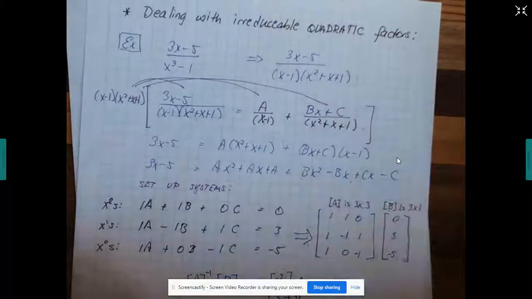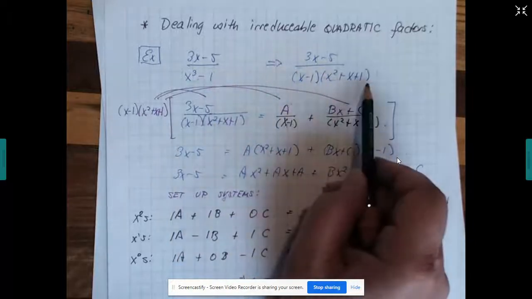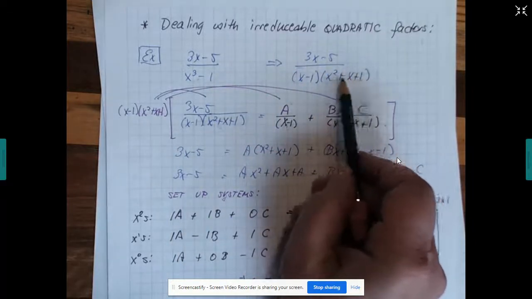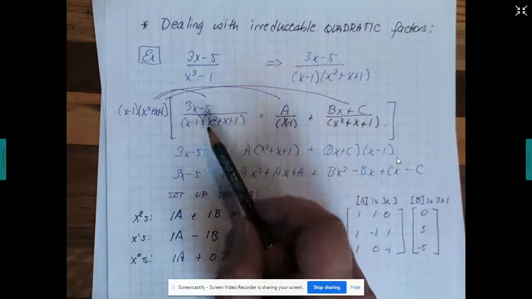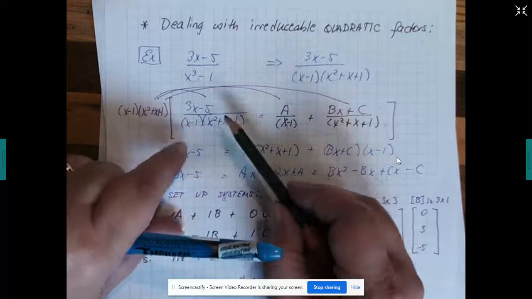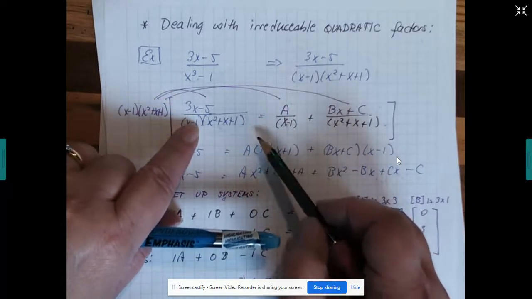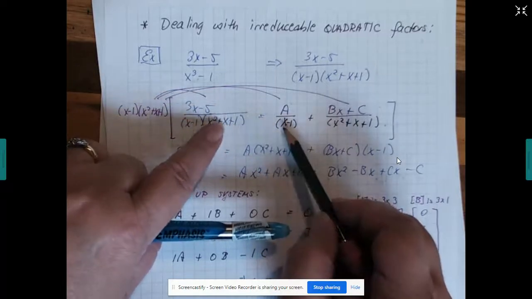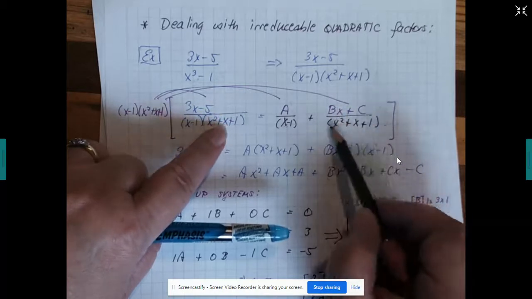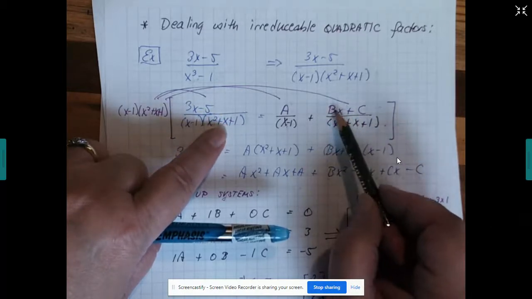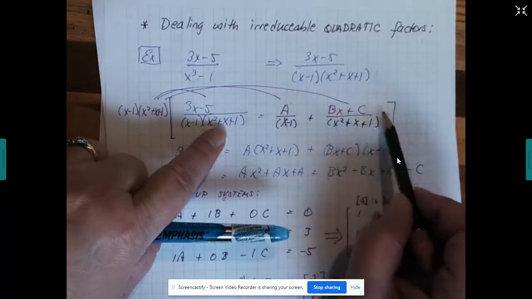Other than that, we have to recognize a difference of cubes, which factors to this. This is irreducible. You can't factor that anymore. You tried it with the quadratic formula. It doesn't work anymore. So this is what we're going to do. We're going to set up A over the first linear factor as we're used to. But now we have a quadratic factor. It's not linear anymore. So what you have to do when you have a quadratic factor which you can't factor anymore is you write whatever letter you're on, A, B, C, D, or whatever,